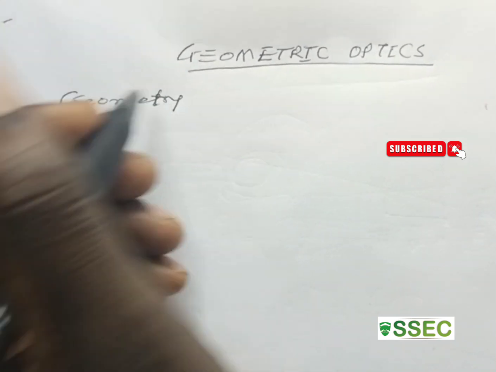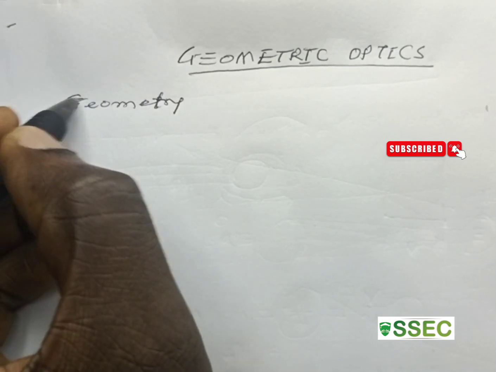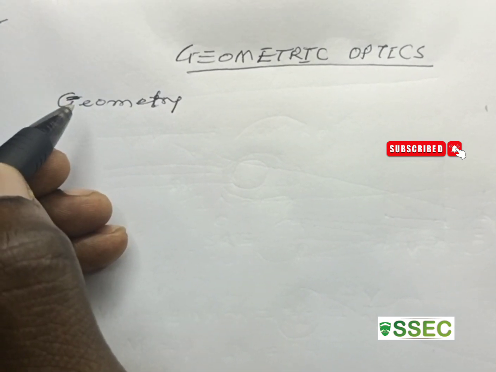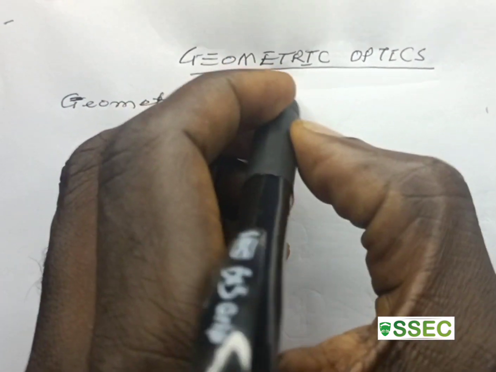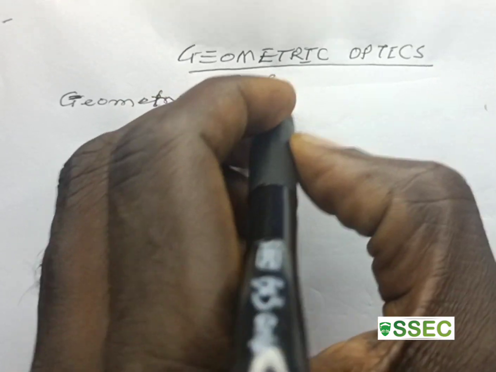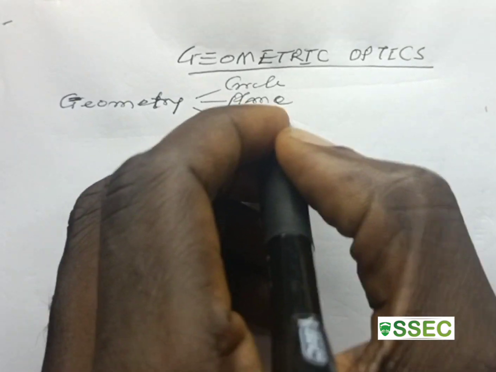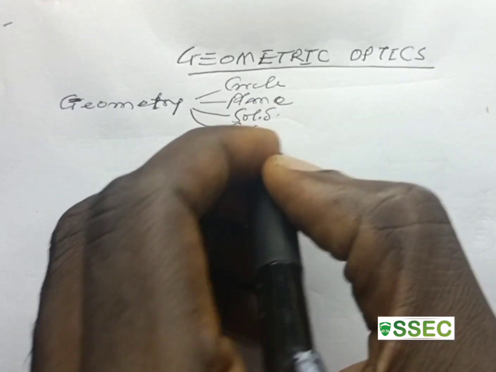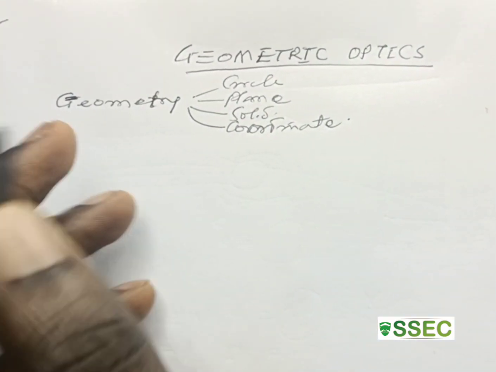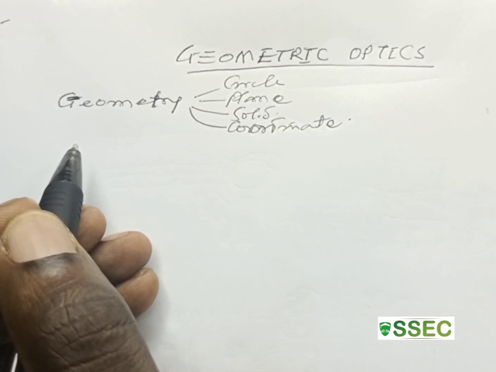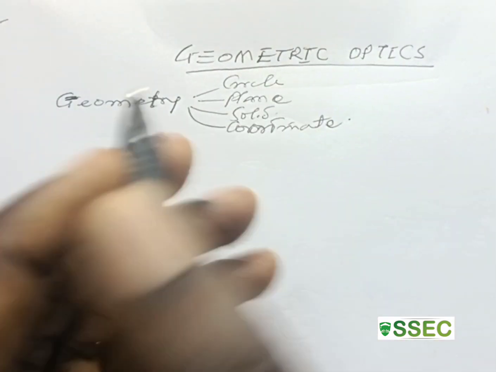And if you could reflect very well into your mathematics, you will see that the word geometry is not a strange word in mathematics. You must have done circle geometry, you must have done plane geometry, you must have done solid geometry, you must have done coordinate geometry. And if you look at all this geometry, geometry is defined as the science of studying the shape of